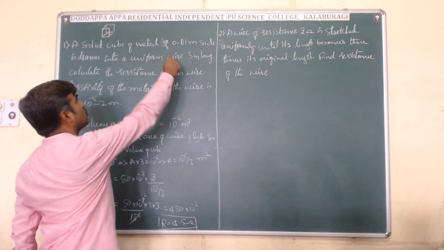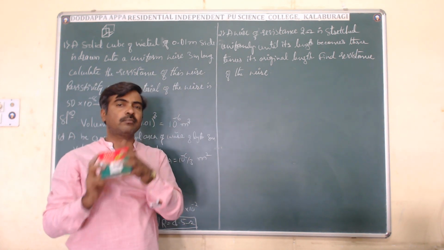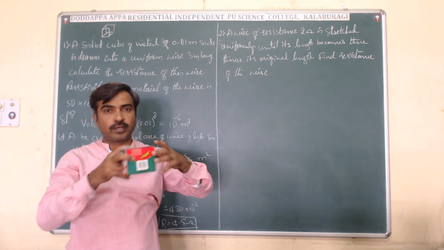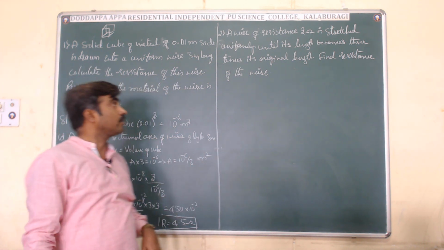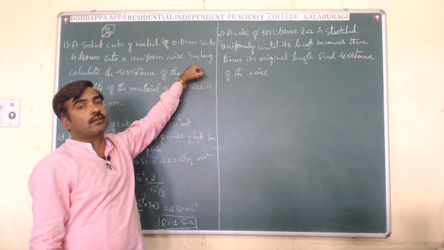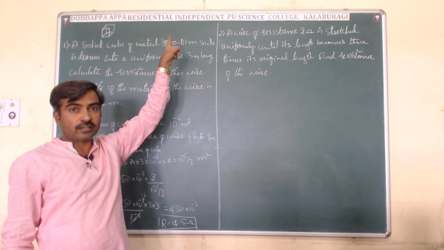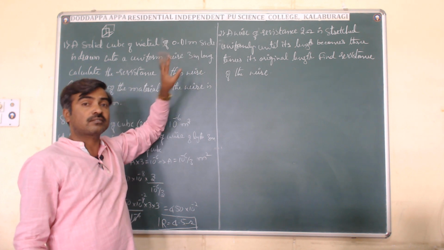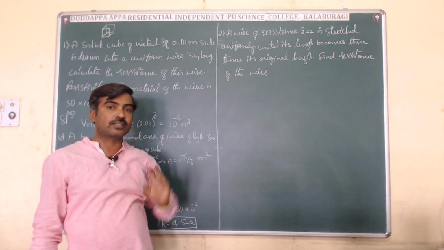So this cube has equal sides. The side value is 0.01 meter, and this is a metal one, and by some other means, it may be by hitting or doing some mechanical work, it has been elongated in the form of a wire, so that it is no longer a cube, and the total length of the wire is 3 meter. Hence the cube's volume should reflect in the form of the volume of the wire. That is the very important term here. The volume of the wire is taken in terms of length into cross sectional area.